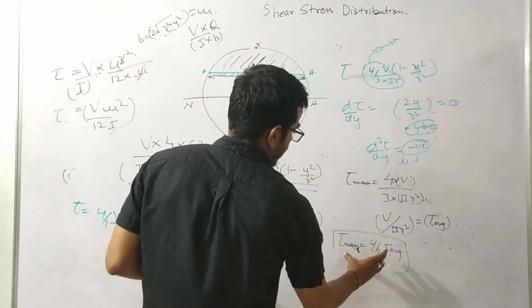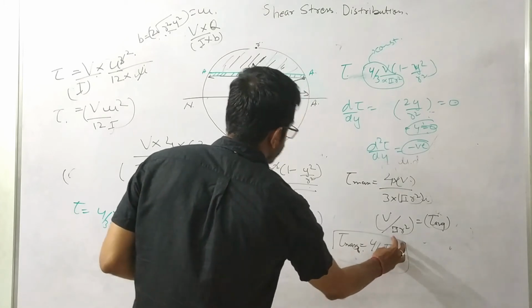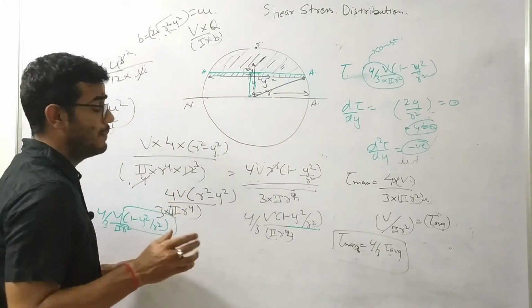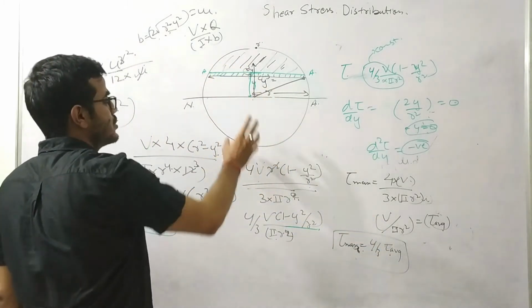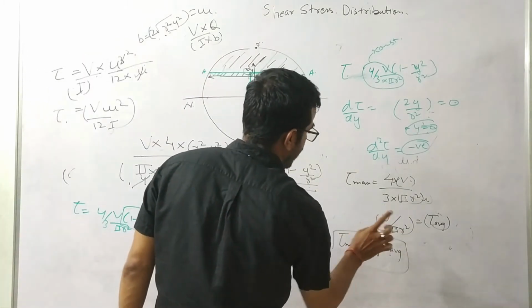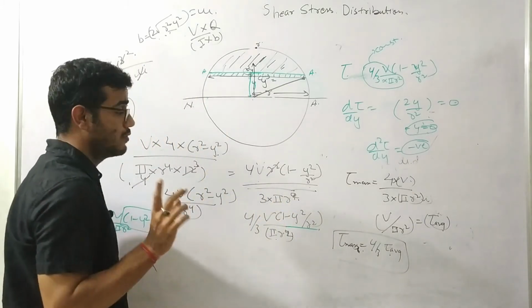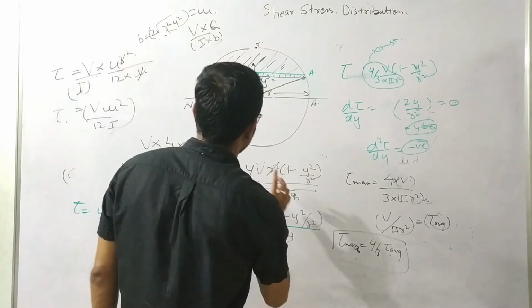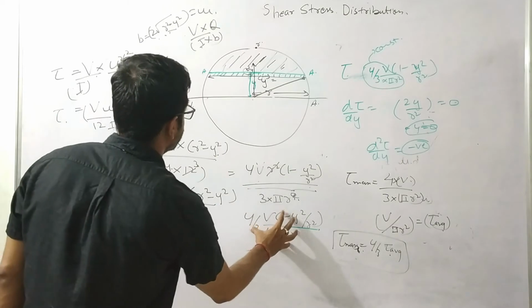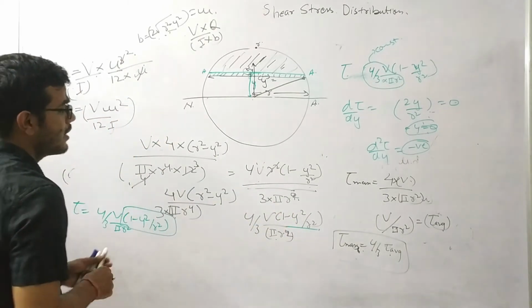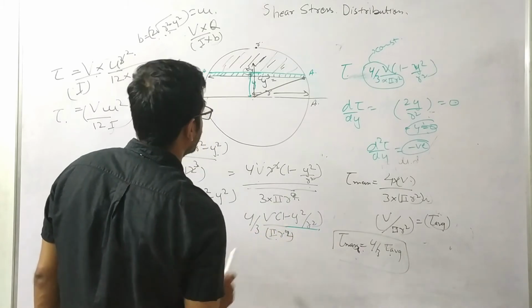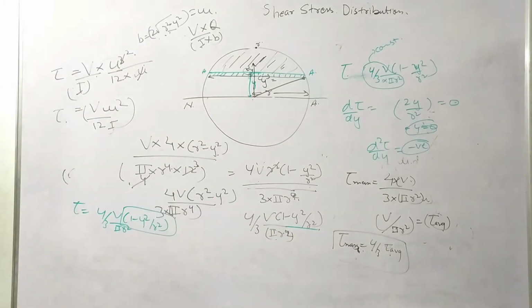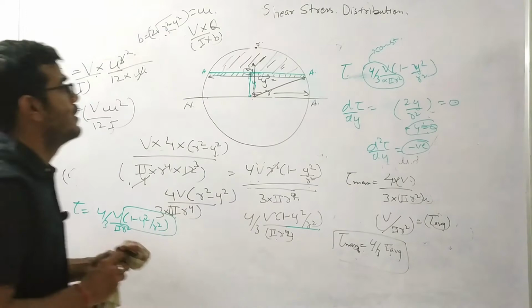Now, what is meant by this average term is that if I take this tau average, it means that at every portion my tau will be this V by pi r square. But that is not the case. Our actual variation will come from this term only. So at y equal to r, you can see that our shear stress will be 0. So the variation will look like this.